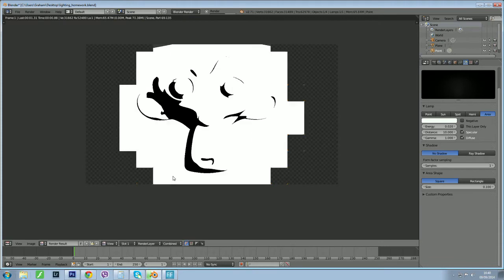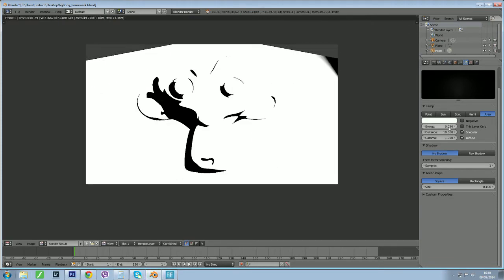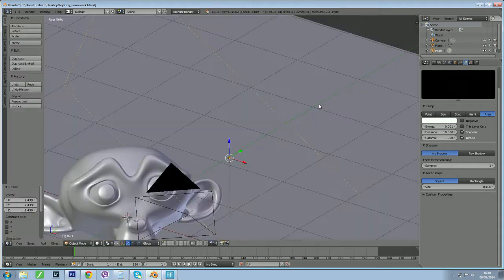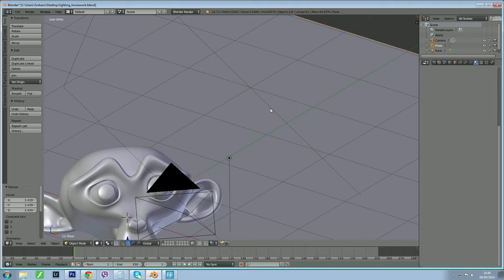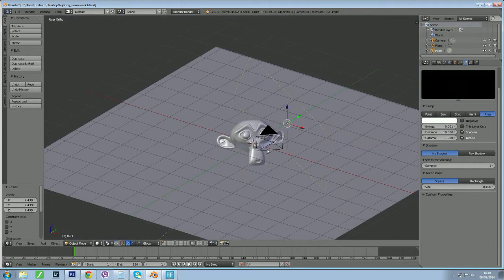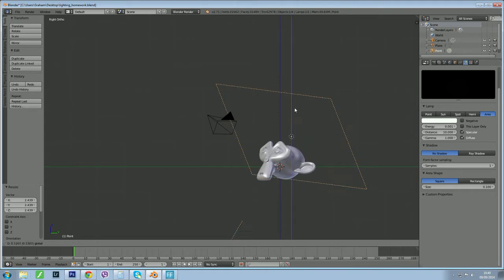And if I do a render on that, even though my energy is still way down, it's casting a lot more light because it's casting this amount of energy per unit of area of the lamp. So making the lamp bigger increases the energy by the same factor. Okay, and in fact if I turn this down to 0.1, which is the minimum, and F12, it's still probably going to be blown out. It is, and that's because of the size of my lamp. Now if I was to move this lamp quite a bit away,